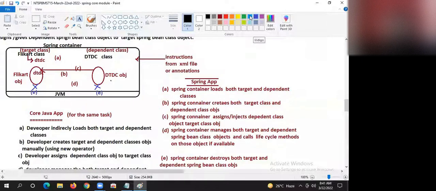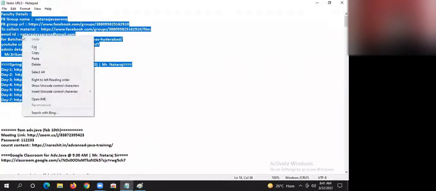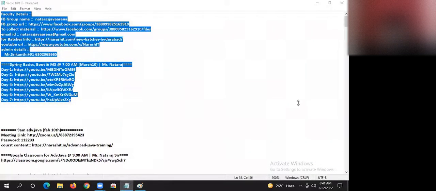When you make normal classes Spring Beans, then the Spring container will take care. That means the Spring container is taking care of the life cycle of the Java class, meaning indirectly the Java class has become a Spring Bean. Yes, right. Without making a Java class a Spring Bean, the Spring container does not take care of anything.